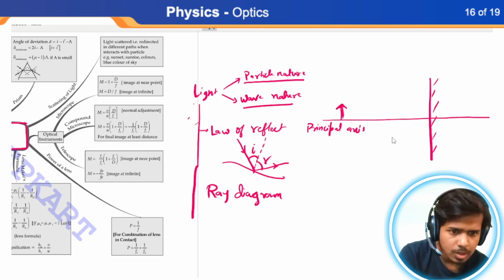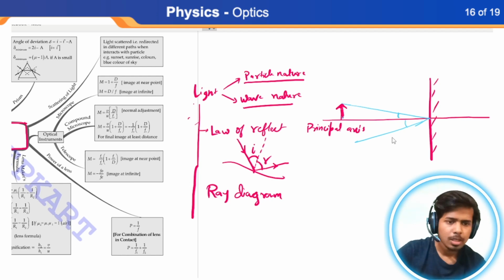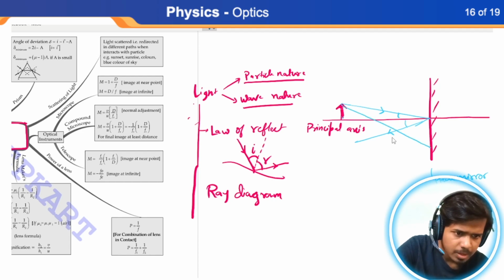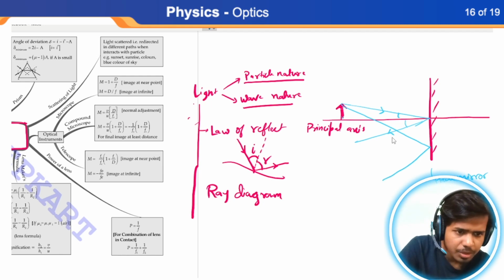What we'll do is, probably we can pass a ray from this point, and then it will get reflected in such a manner that this angle should be equal to this angle as per our property of light. This is the plane mirror, and we can use another ray. Let's do this. Then it will get reflected in such a manner. All right. Now, when you try to join them,